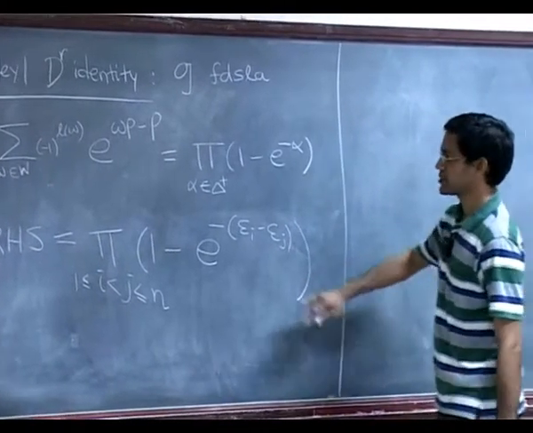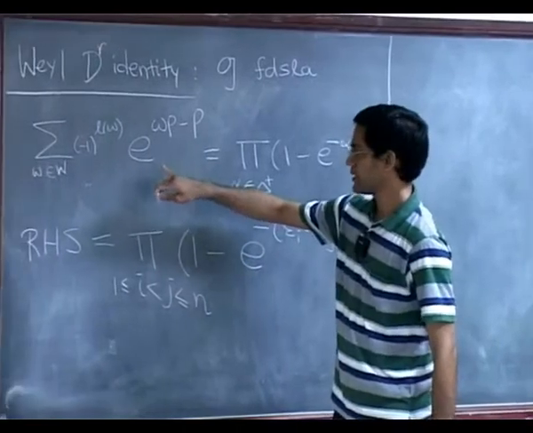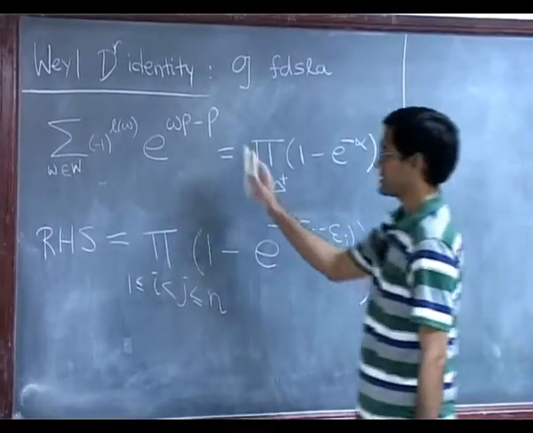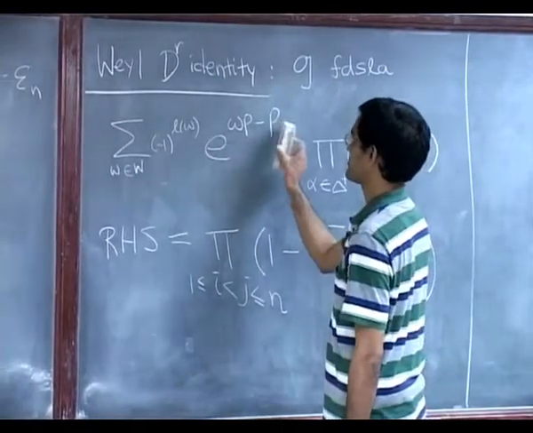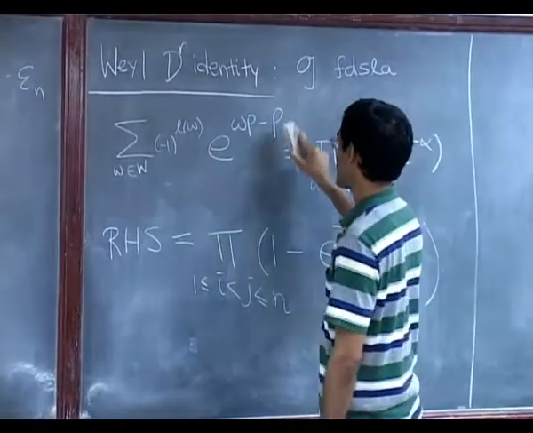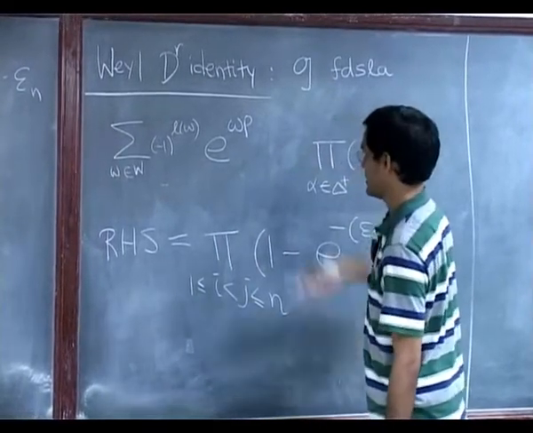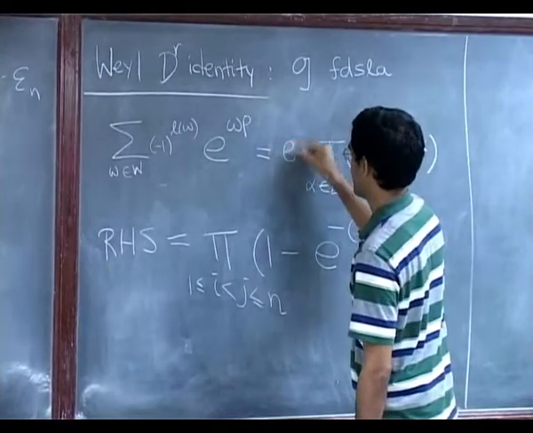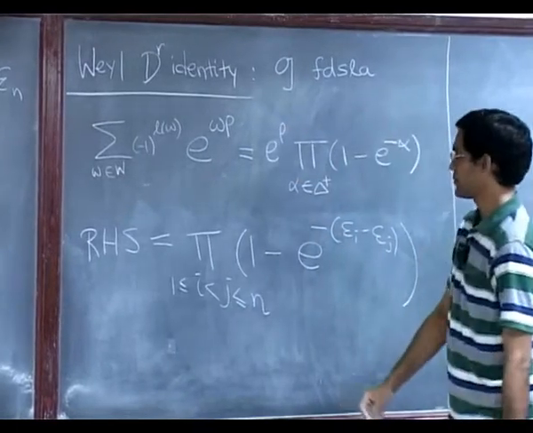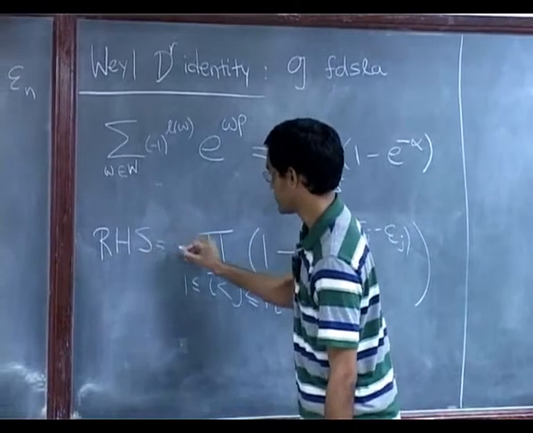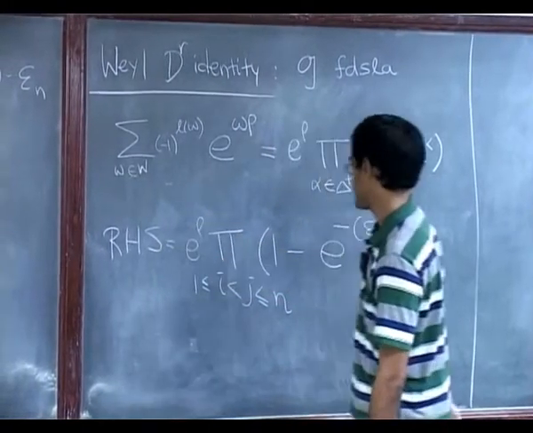I haven't really done much. Now let's look at the left hand side. I wrote it this way to emphasize that W rho minus rho is the key thing, but let me push the e to the rho over to the other side. The equation is still the same, I haven't done anything to it. It makes for easier comparison. So therefore the right hand side is e to the rho times this product.